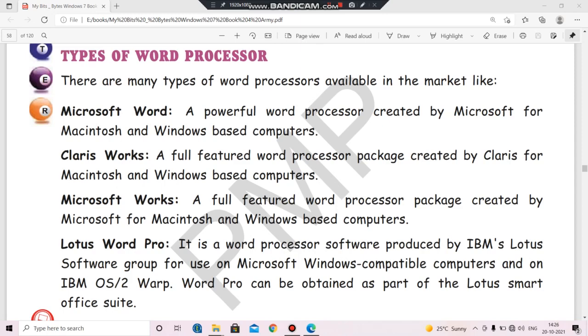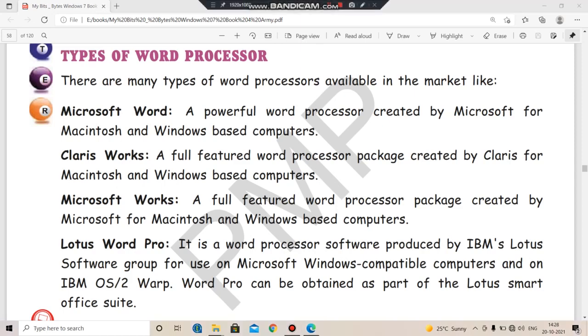Okay, moving next to the fourth one. So till now we have done three types of word processor. The first is Microsoft Word, second is ClarisWorks, third is Microsoft Works. Now the fourth is Lotus Word Pro. So now let's read about Lotus Word Pro.